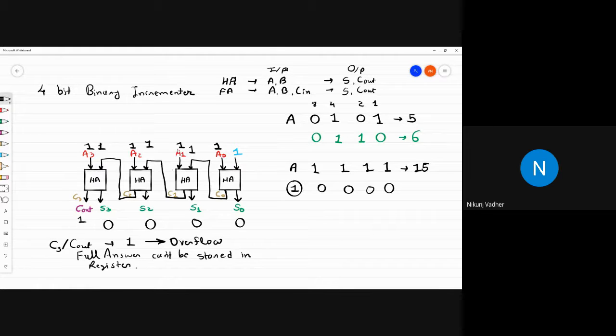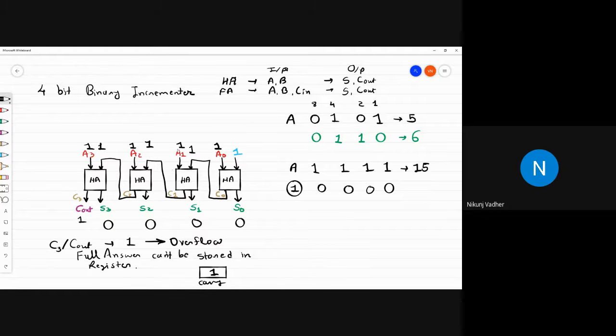If this is the condition, then there is a flag called the carry flag, and the carry flag will be set to 1. Whenever the value of the carry flag is set to 1, that means there is overflow. So we have to implement some mechanism to deal with this. Sir, after that we will add a 1 to this number?